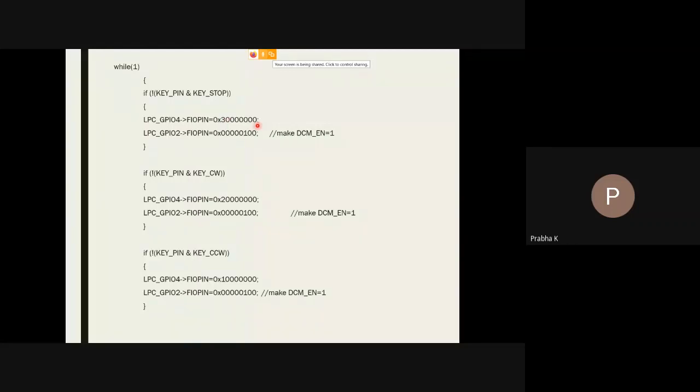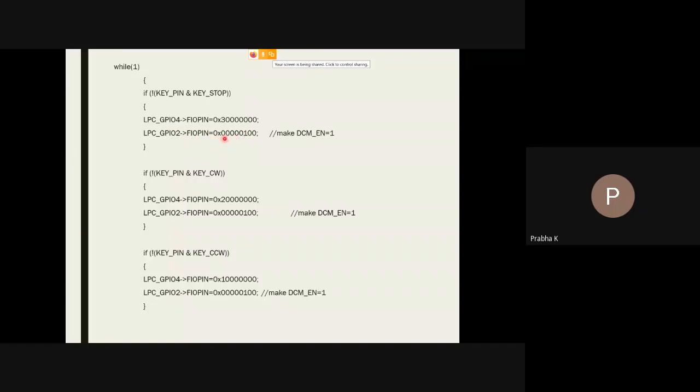Is it sufficient to stop the motor? No. You have to enable your IC also. No doubt it is already enabled when it is running, but still we need to use this command, which will enable. What is the command? LPC_GPIO2 for the second port, FIOPIN. What is the data I'm sending?